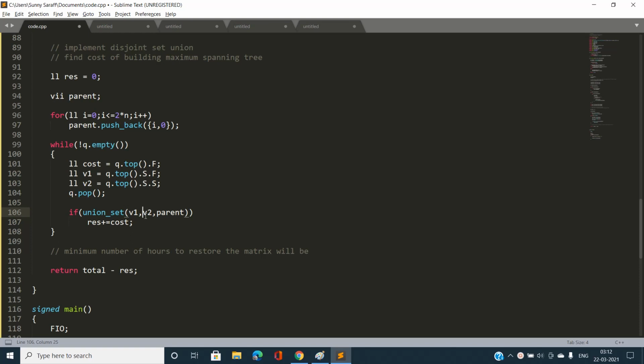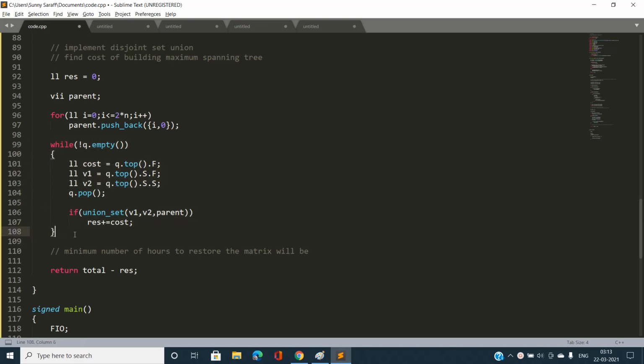If it is already a cycle, then union set will return false. If the condition passes, then I'm going to take this cost into my result variable, which is just adding the weights for the maximum spanning tree. This is basically a greedy approach, and this was the basic implementation of Kruskal's algorithm.